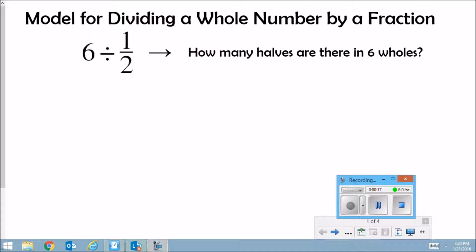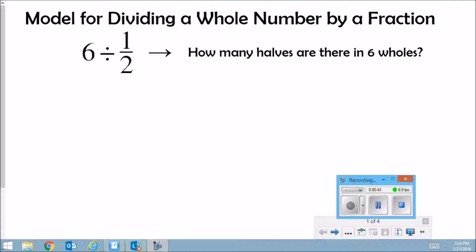When I think of dividing fractions by whole numbers or whole numbers by fractions, what I'm really trying to ask myself, specifically with dividing the whole number by a fraction, is how many of the divisors are there in the dividend? So in this case, what I'm asking in this problem, 6 divided by 1/2, is how many halves are there